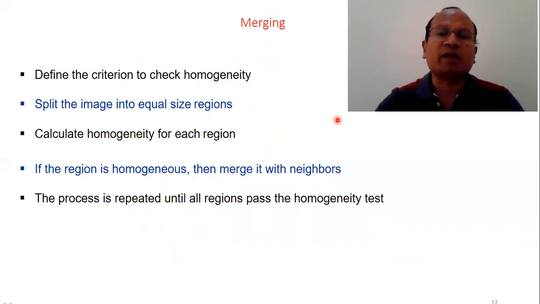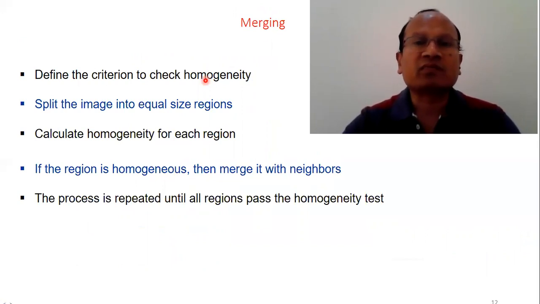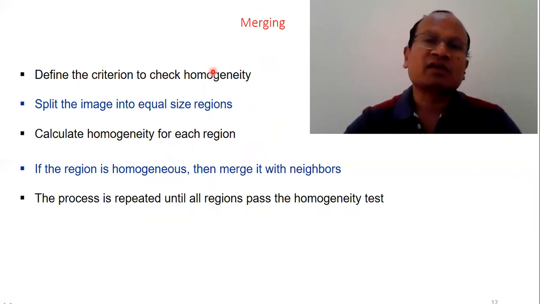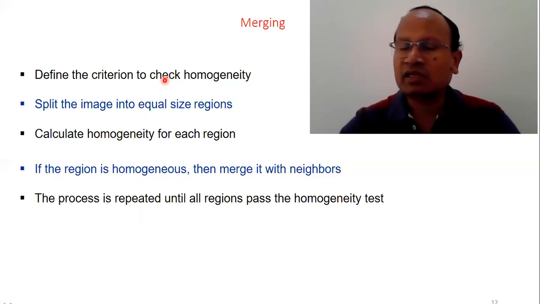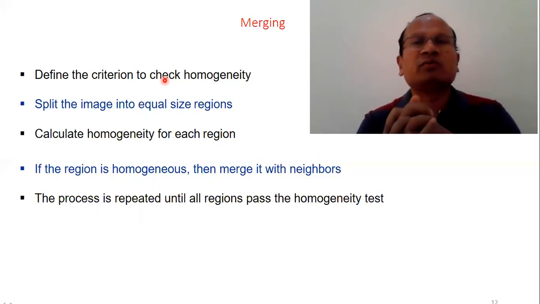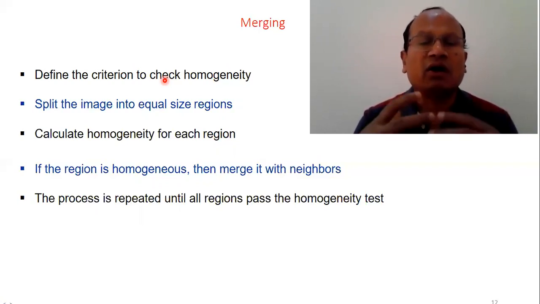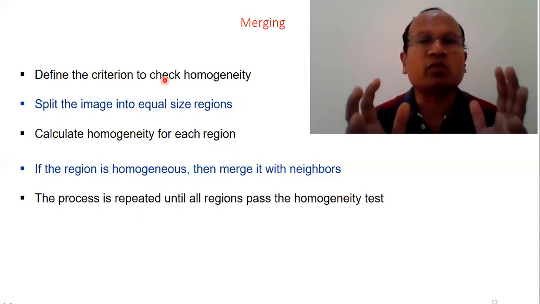So we talked about split, we talked about merging, but these are the major stages or major steps, because we have also discussed the steps of splitting. So these are the major steps when we apply the merging process. We define the criterion to check homogeneity, that uniformity, that is the first condition. What is the condition which will be used in order to determine that the neighboring, adjacent regions are uniform or homogeneous regions? So we'll begin with one criterion